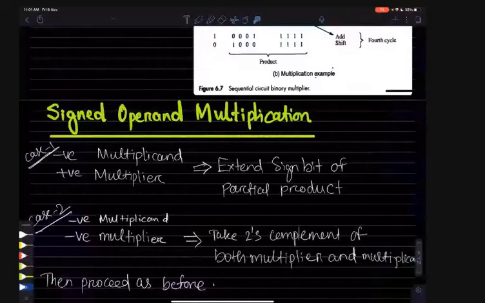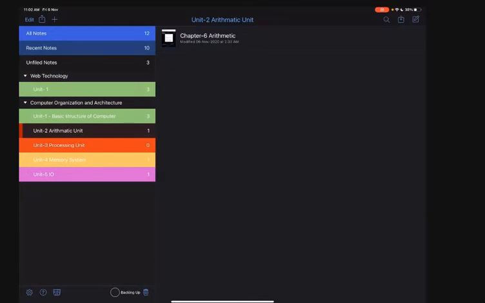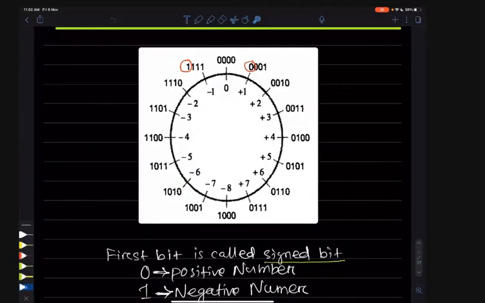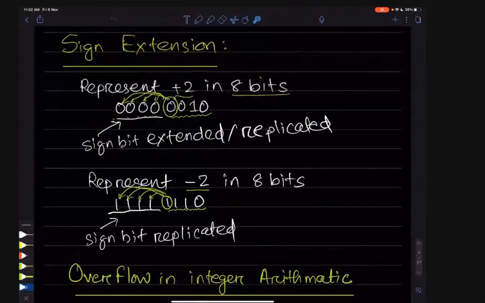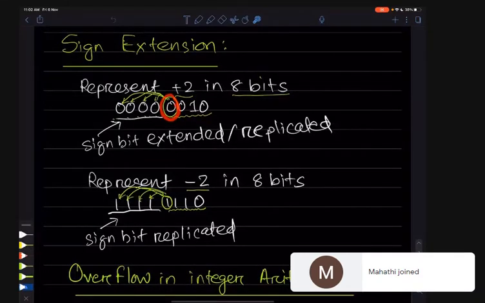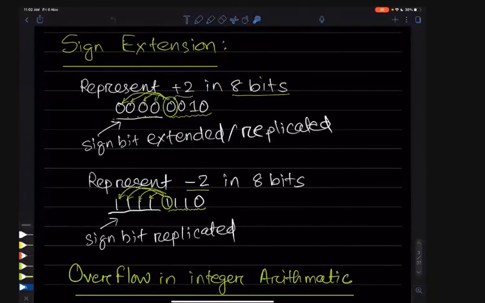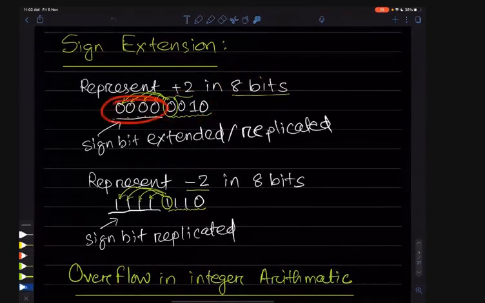If you have not remembered, let's go to chapter number 2. Okay, this one. Here I have told you what sign extension is. Sign extension means whatever is in the MSB, whatever the sign is, just extend it further. Why is it needed? Suppose we have a 4-bit number and we have to represent it in 8-bit space, so we have to extend the MSB, that is the sign bit, so that the whole 8 bits fit inside the register.